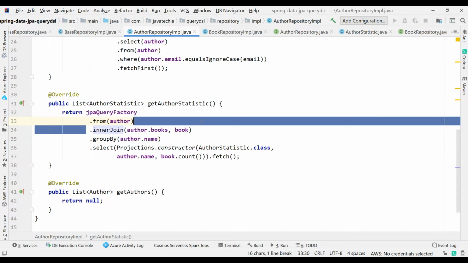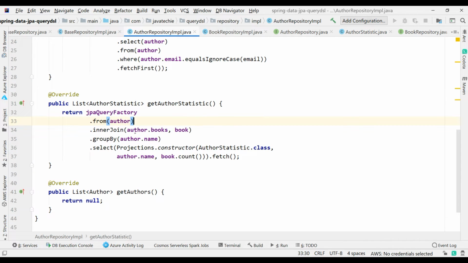This particular line will perform the join. That's the reason we mapped author ID as a foreign key in our book table using one to many. We are just telling here that these are the two entities having the mapping, and we are just doing the group by. If you observe here, the method name itself is self-explanatory, right? So we need not dig more to understand this logic.